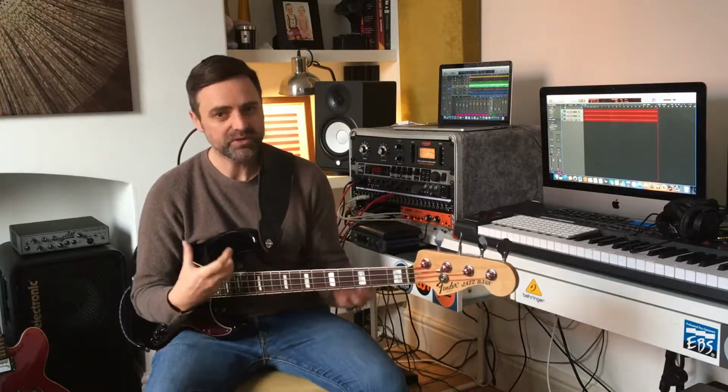I may go through some other styles as well, so we might look at how a Rocco Prestia kind of groove might work, or a Jaco Pastorius kind of groove might work over this as well. But we're just going to start off by playing what we call in the pocket at first, just a nice simple groove. It works first using the note A, so we're going to be playing over an A7 chord,